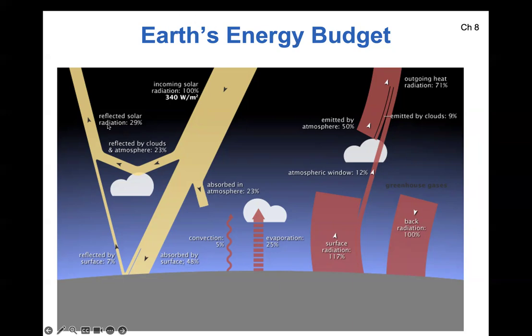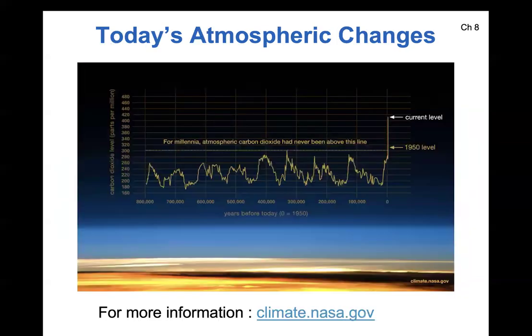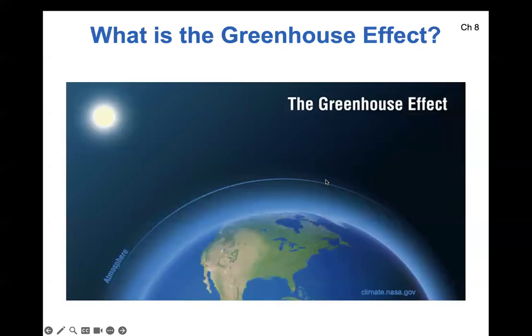This breaks down some of the processes and the actual values and percentages. We'll skip over those details for now. They're quite interesting, but you can look at them on your own. This is just going back to the current atmospheric change and how the carbon dioxide level is going up. We mentioned this before. And that creates something called the greenhouse effect. What is it? Well, the trapping of infrared radiation. Okay, but we'll see that.